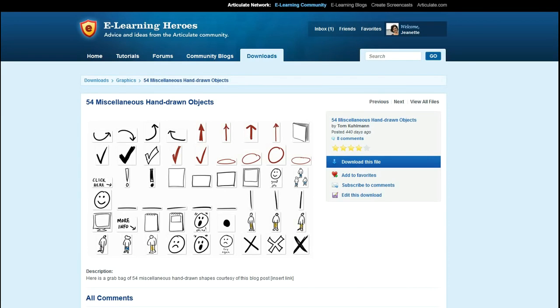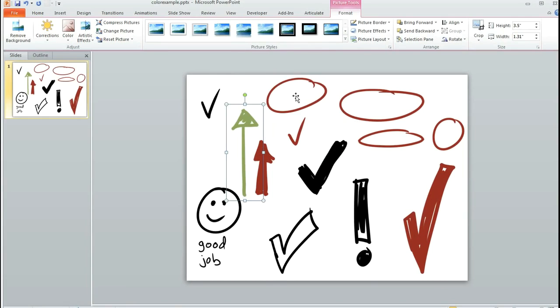Let's just say, if we switch out to PowerPoint here, let's just say we're working with maybe these circles or check marks or arrows, and we want to change the arrow to a different color. And this one right here I've actually already changed to green, and I'll show you how you can do that. Up here on the Format tab, once you've selected an image, you can come over to this Colors drop down,